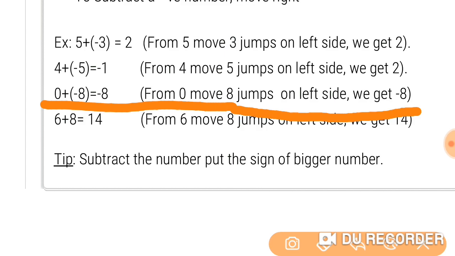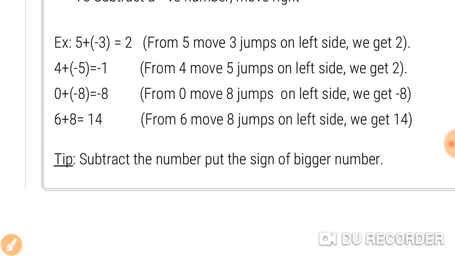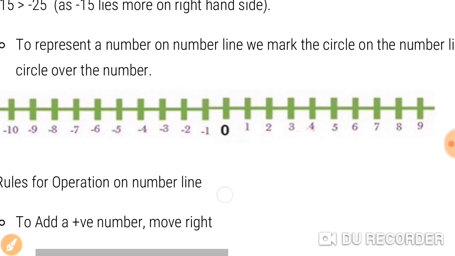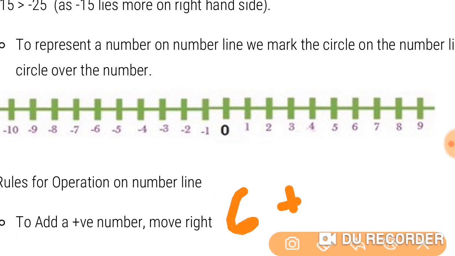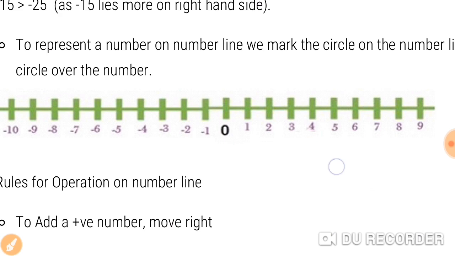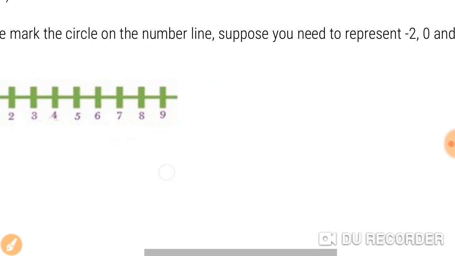In the same way, you can add 6 plus 8, 14. As you can see on the number line here, 6 plus 8 is equal to how much? So 6 we can represent here. All are positive numbers, so there is a difficulty. You can count it after. So I'll take here, I'll continue the number line here.